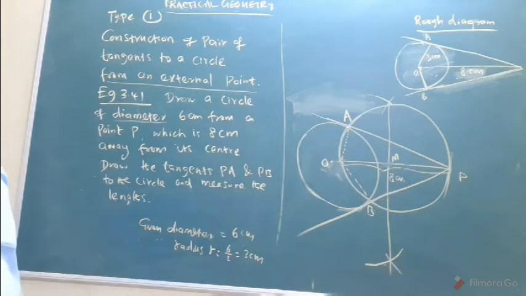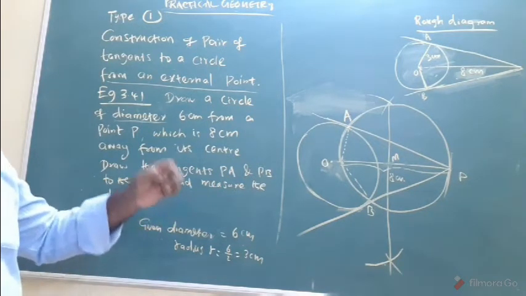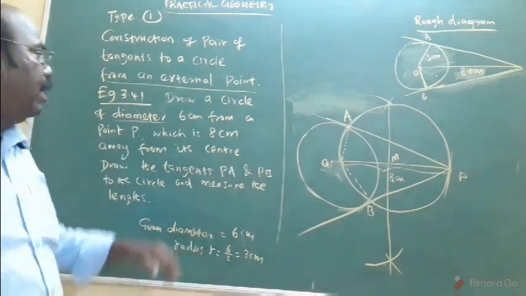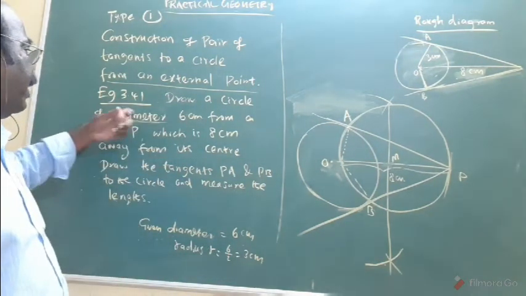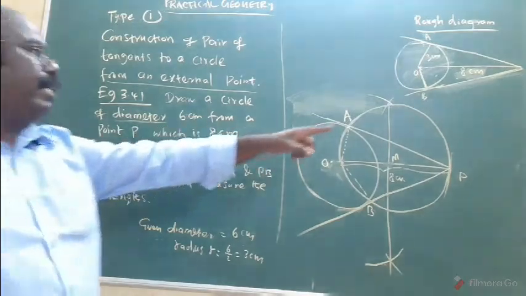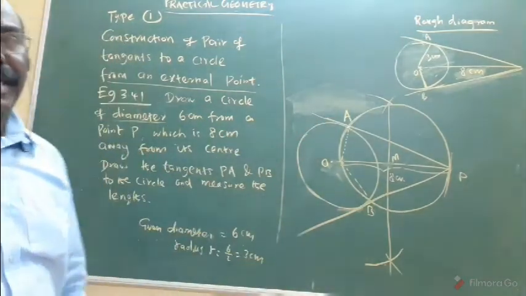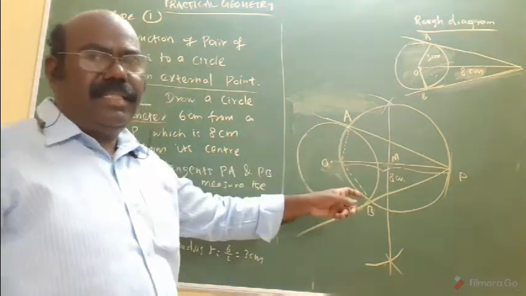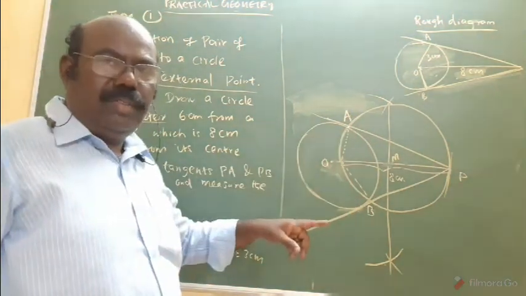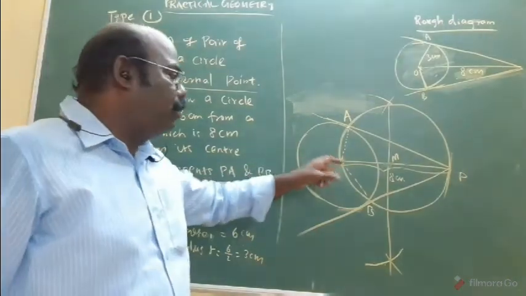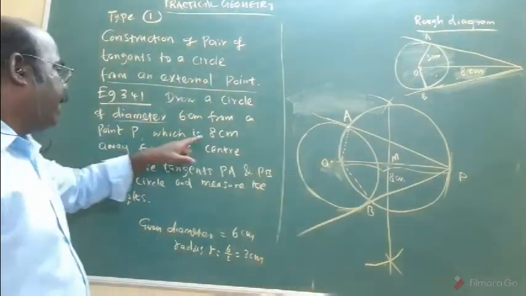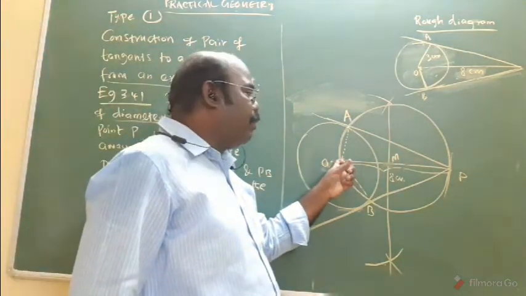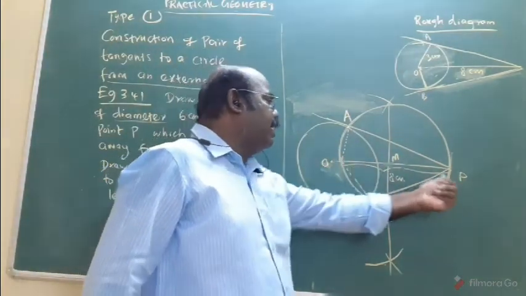From the question, first draw a circle of radius 3 centimeters. Diameter is given, that's why divided by 2, that is 3 centimeters. Suppose radius is given instead of diameter, for example radius 6 centimeters, then draw a circle of radius 6 centimeters. But here, 3 centimeters, that's important. Draw a circle with center O. Afterwards, 8 centimeters away from the center is given, so in the scale, mark the distance 8 centimeters away.